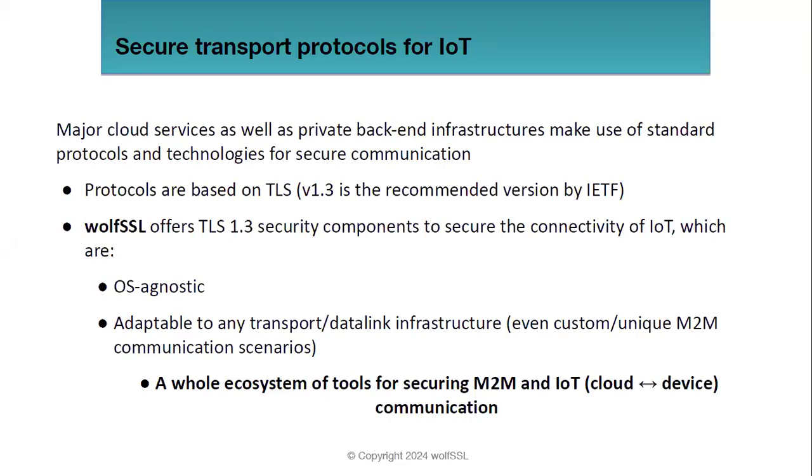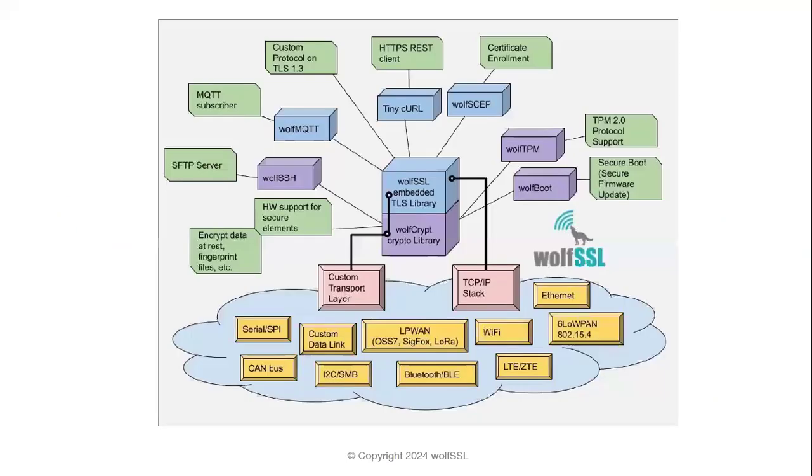And those are also transport agnostic, because wolfSSL can be integrated with any transport. It doesn't need to be a TCP/IP stack in that case either. But the additional thing here is that an encrypted and authenticated endpoint scenario is provided in order for you to transfer your firmware update securely. So this gives a little bit of an overview of our entire